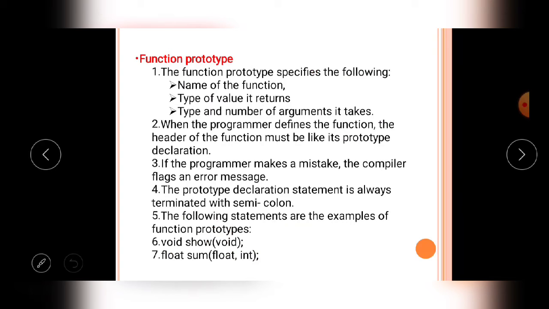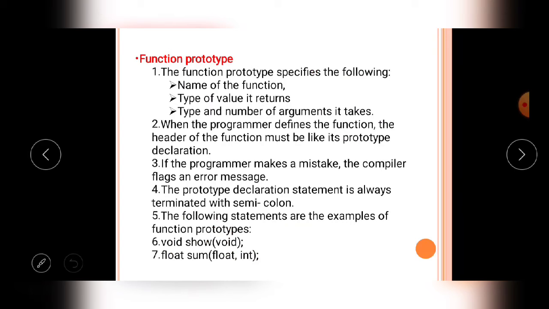Both must be the same. Then only can the compiler understand that the function specified in the prototype declaration and the function in the definition are the same. Otherwise the compiler will treat them as different.